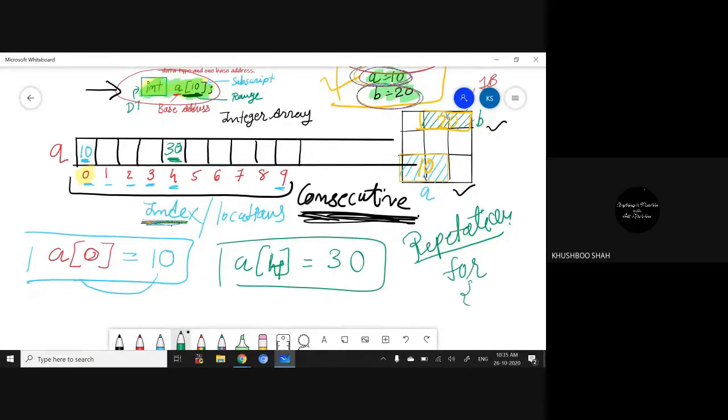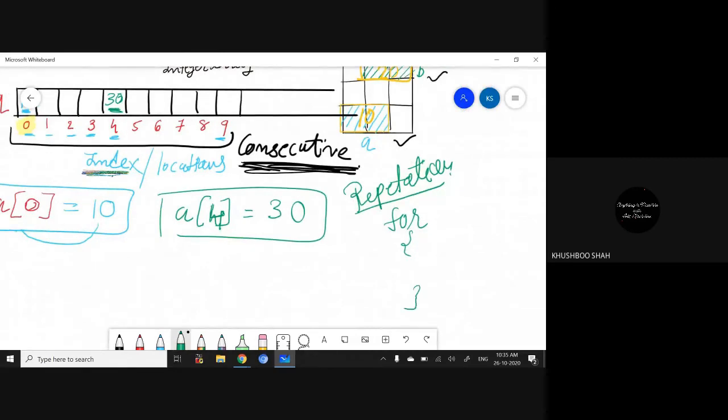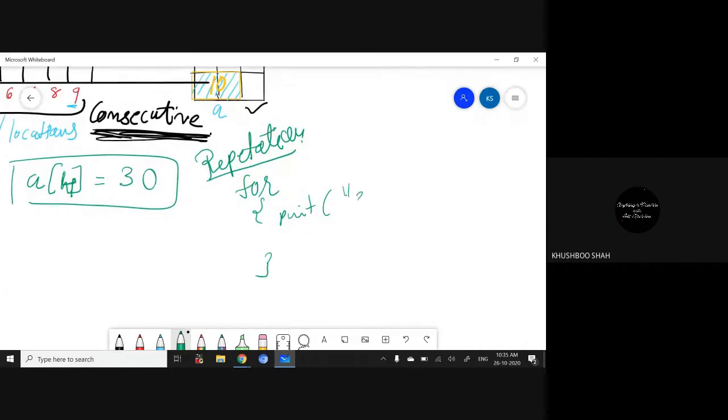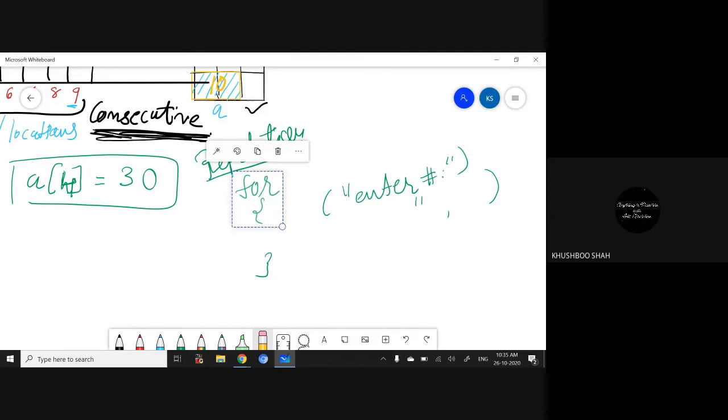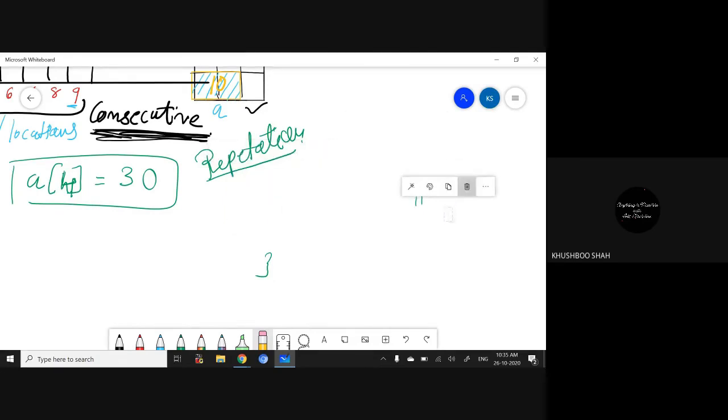So inside the for loop, can I write printf enter number, and in scanf, let me write it again.